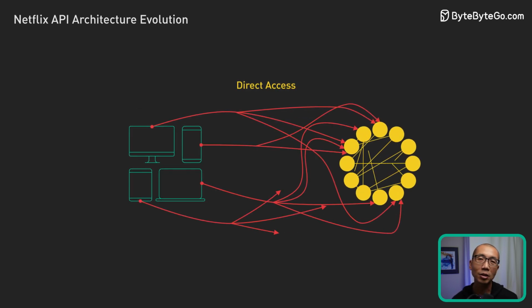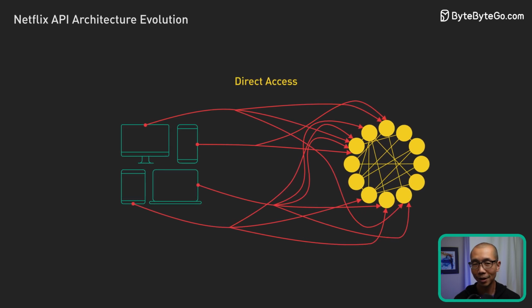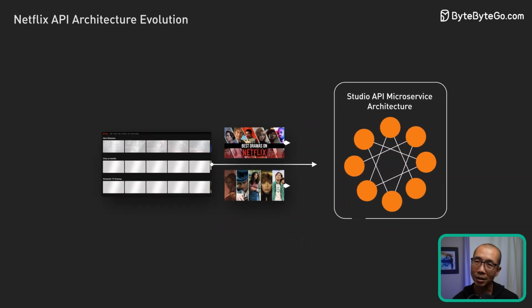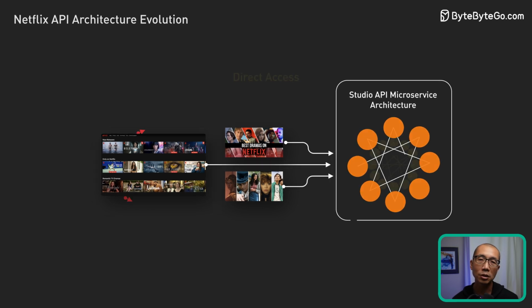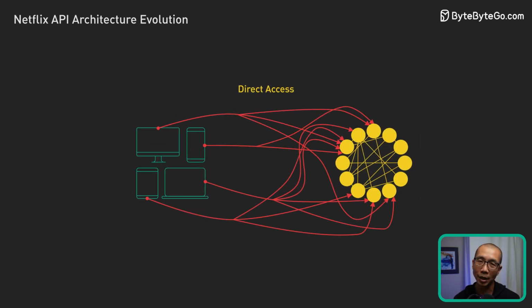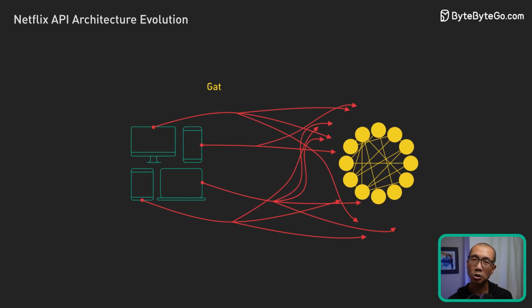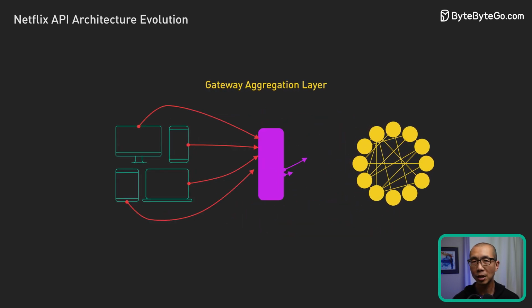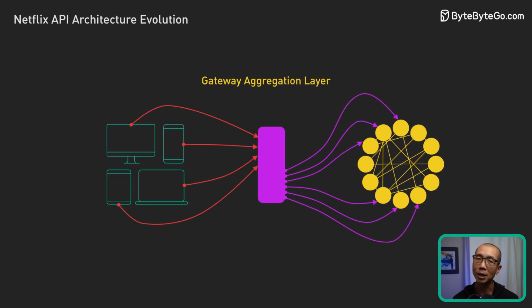Well, Netflix engineers carved up the monolith into microservices. Netflix is known for having a massive number of these services. This shift led to increased efficiency and autonomy. It transformed the architecture into a web of services. But directly interfacing the applications that studios use with so many microservices was far from ideal.